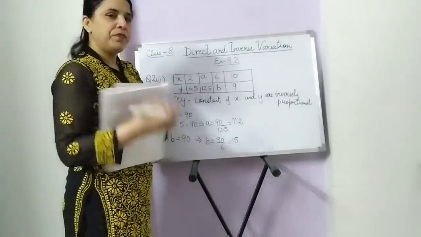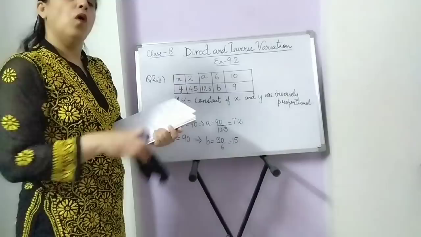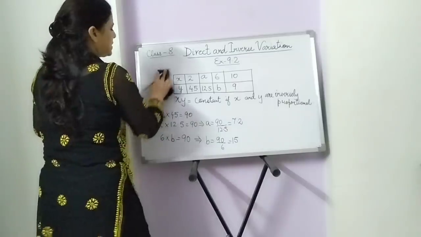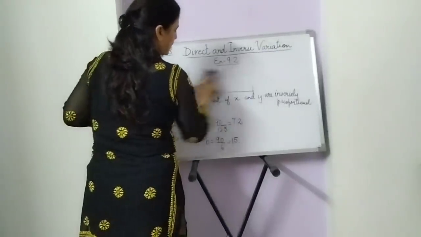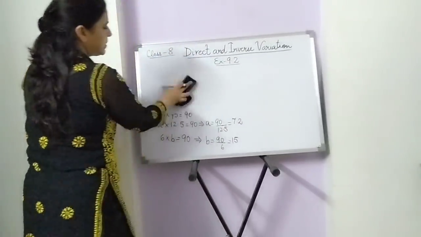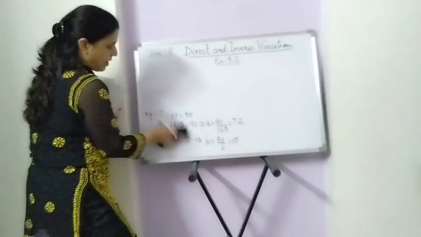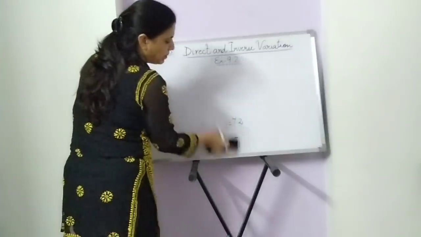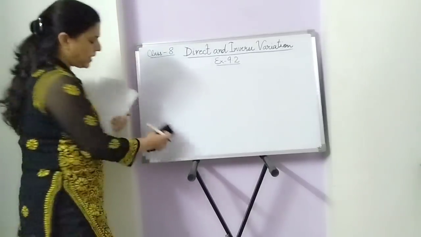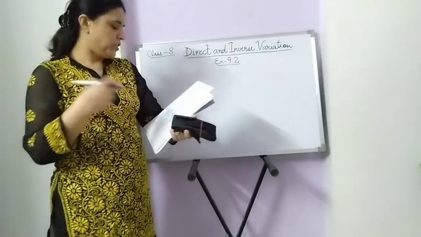I hope you've understood. Now we'll take a sum and find out whether it is in direct variation or inverse variation. Let us do question number 4 of your book, question 4 of this exercise. It says, Mamta earns rupees 540 for a working week of 48 hours. If she was absent for 6 hours, how much did she earn?